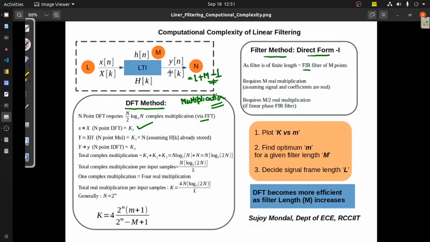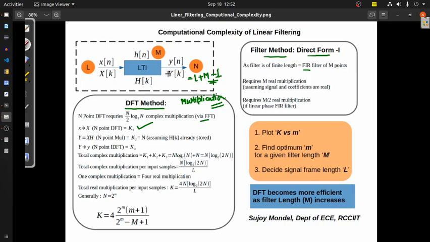Basically, for computing Y(k), the output DFT spectrum, we directly multiply the spectrum X(k), which was just calculated, by the pre-stored spectrum H(k). That requires N element-wise multiplications. That means K2, the computational complexity, is going to equal N, and we are assuming that H(k) has already been stored. The computation of H(k) is not considered in this real-time process, because it is required every time, so it is better to keep it stored prior to this real-time computation.